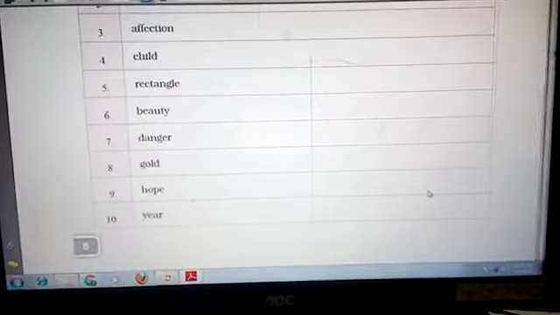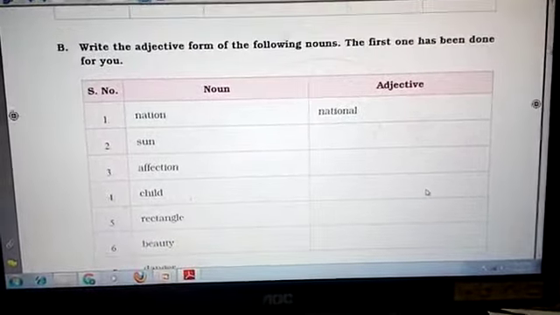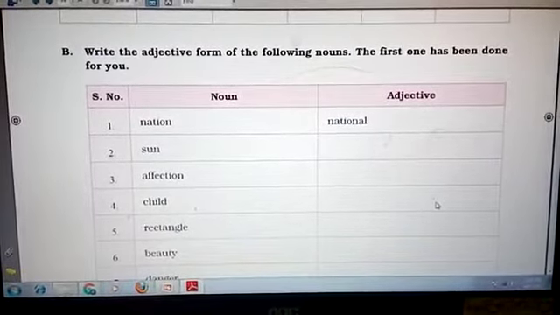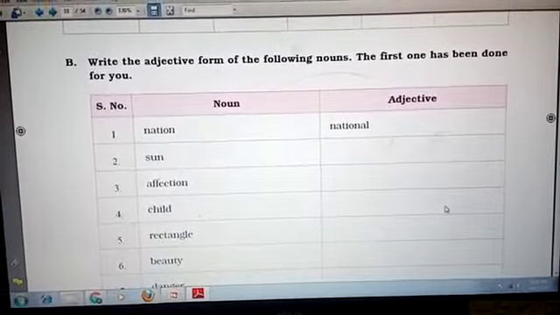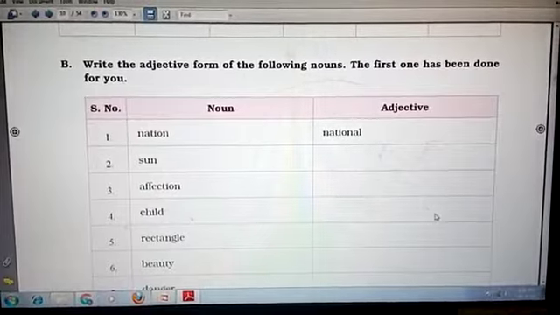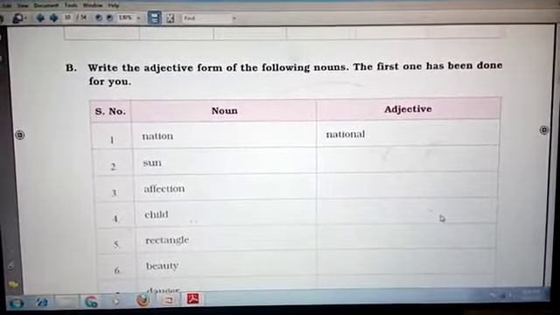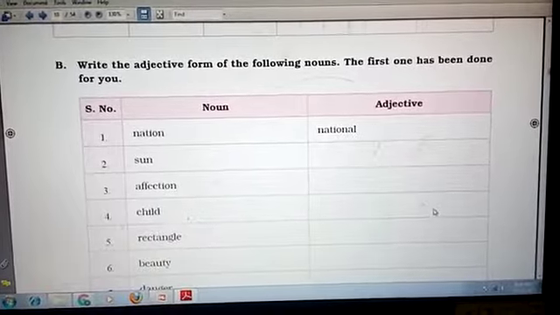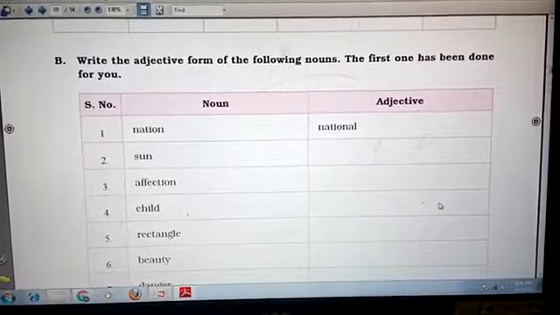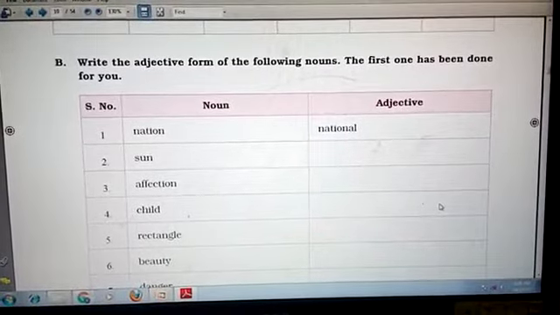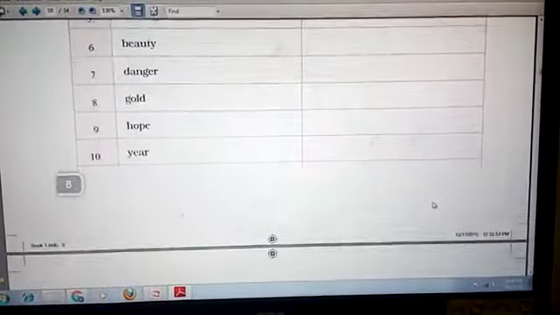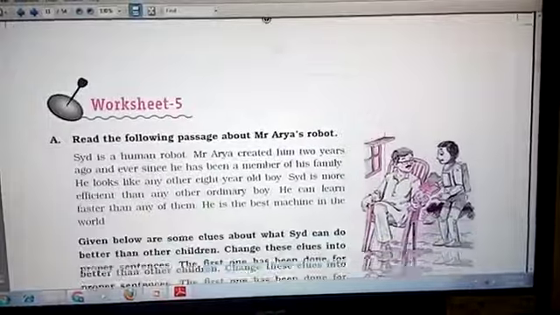Now worksheet number 4. I hope you all understood very well. If you have any problem, you can ask your questions. You should not have any hesitation to ask questions. Okay? Don't hesitate. Frequently ask the question if you have any type of doubt or question in your mind. I am here with you to clear all your doubts or questions.